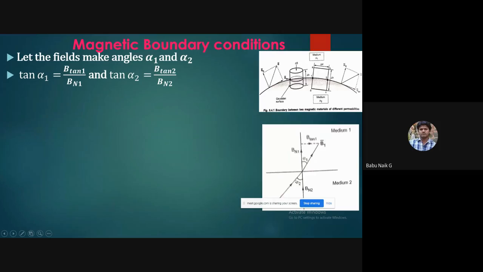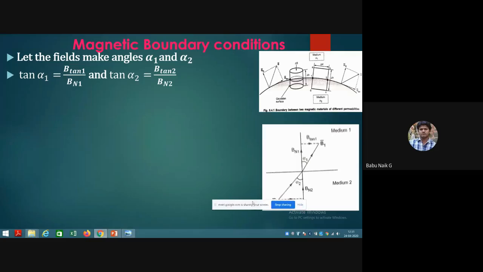So let me take the boundary condition with the magnetic field, which is produced at some angle alpha 1 here, B1. Similarly, if you consider B2 in medium 2, it is produced at some angle alpha 2 of magnetic field in medium 2 here. So this is the magnetic field in medium 1 and the magnetic field in medium 2, with Bn1 at a certain angle alpha 1, and alpha 2 producing B2 here. Now if you take the resultant of these two, this is our Bn1 and this is the B1 resultant.